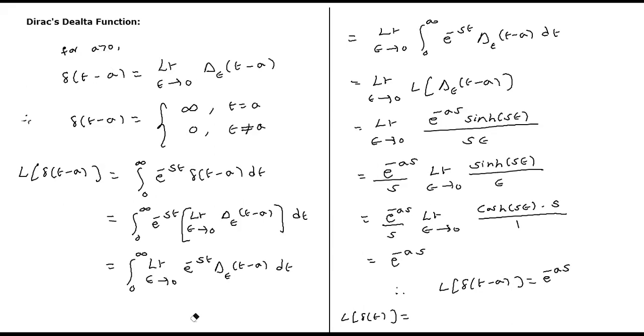Therefore you have to see this as the limiting form: limit a tends to 0, Laplace of delta of t minus a. So as a tends to 0, what is this value? 1. Laplace of delta of t minus a is e power minus as. Laplace of delta of t is 1. Therefore inverse Laplace